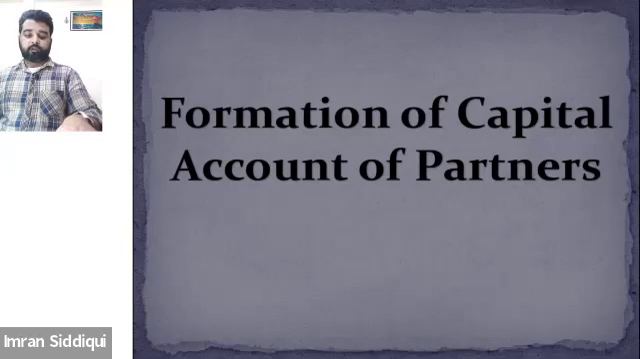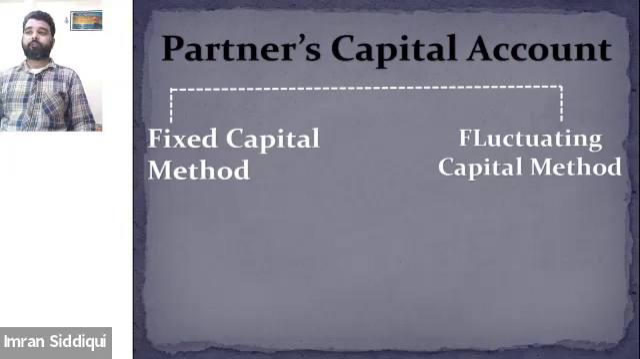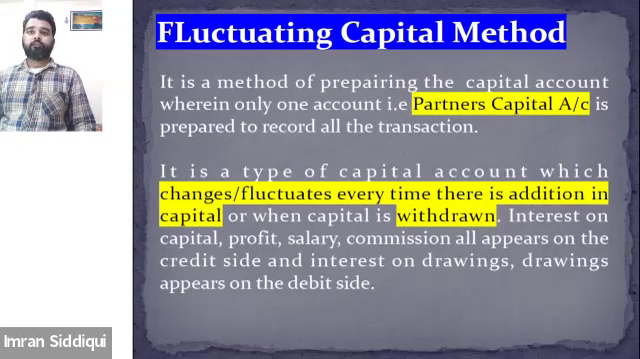In this topic, until now, we have talked about the partners capital account. To form the partners capital account, we have two methods. One is called the fixed capital method, and the other is the fluctuating capital method. So first of all, we will talk about the fluctuating capital method. While discussing it, I told you that it is a type of partners capital account wherein only one account is prepared